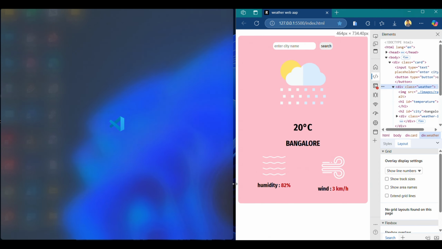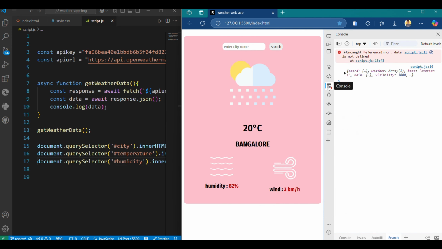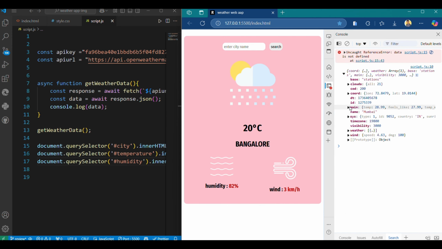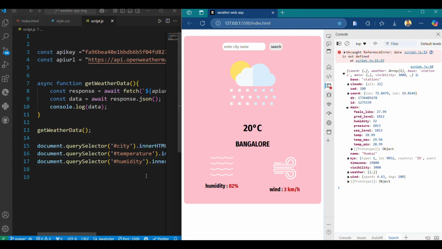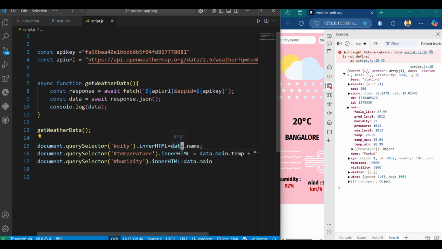Here you can see I am calling the HTML document ID using document.querySelector. In this element, ID city, I am going to display the city name that we enter through the input. That will be displayed in the city ID element.